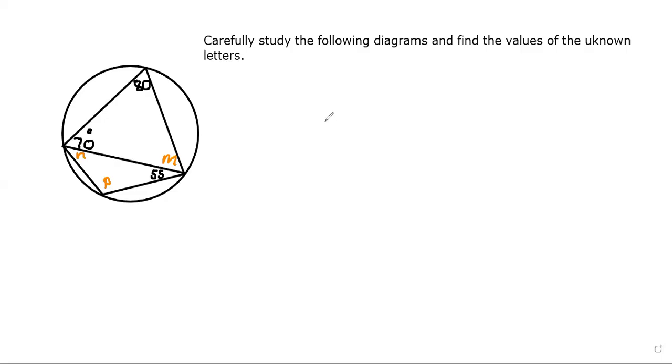So in this session, they're saying carefully study the following diagrams and find the values of the unknown letters. For you to be able to find the values of the unknown letters, you must make sure that you know geometrical rider theorems. Here, there's no procedure that one can follow as long as you are using the correct concept. So I'm gonna say angle 80 degrees